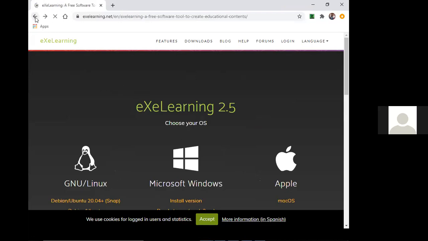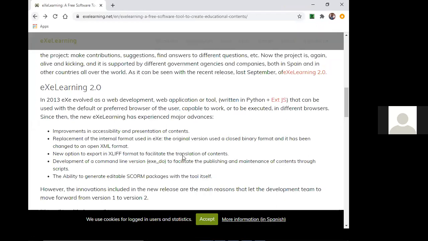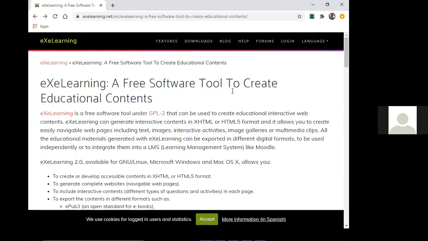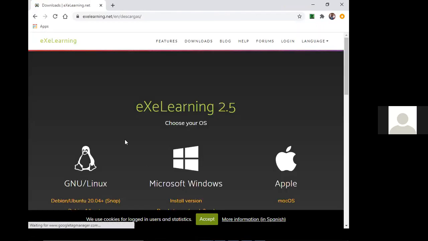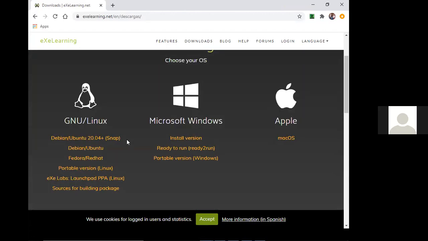So for example, when you click on EXE learning, it takes you here. When it takes you to EXE learning, free software tool for creating educational content, you click on downloads. Then you'll be able to choose which operating system you are using on your computer. Are you using Linux, or the Mac operating system, or are you using Microsoft Windows? So for most of us, because we are so used to Microsoft Windows, you can install any of these versions. When you click on any of these, it will install it in your machine, and you are ready to use EXE. So how do we use EXE to package your lesson?